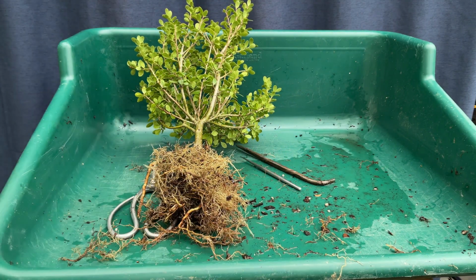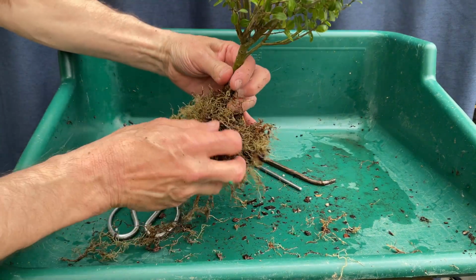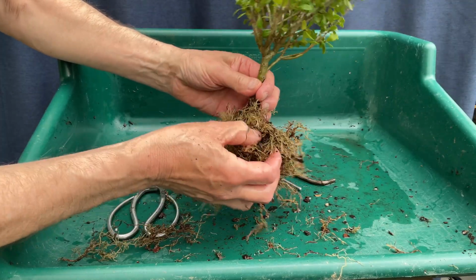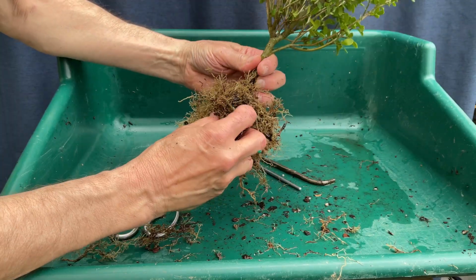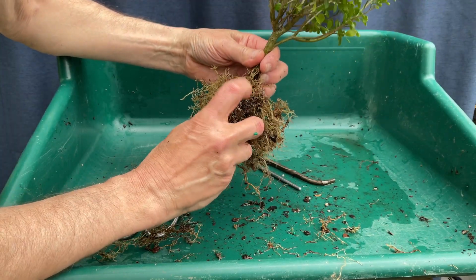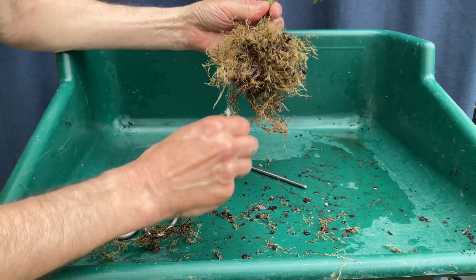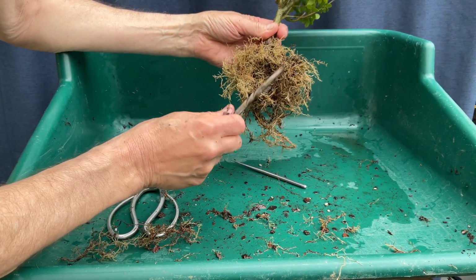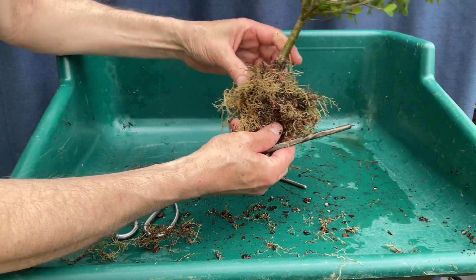This one, I think I can have some success doing a root pruning on. So, its dense piece is right here. I probably could work on this for a little bit longer. There is quite a hard root right there. And I see that it goes down and around. So, what do I do? All right, I can try to maintain